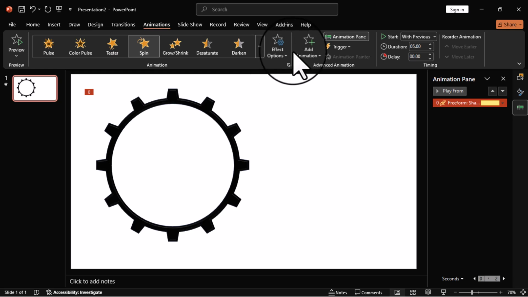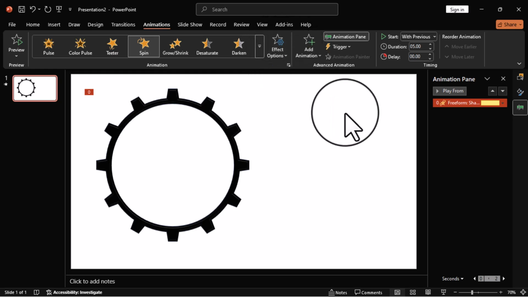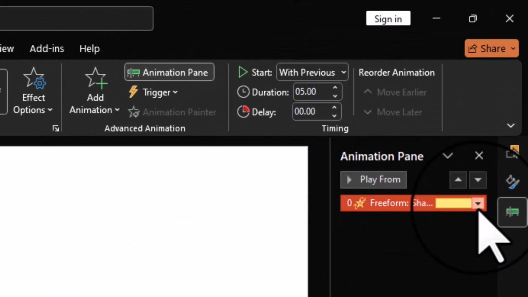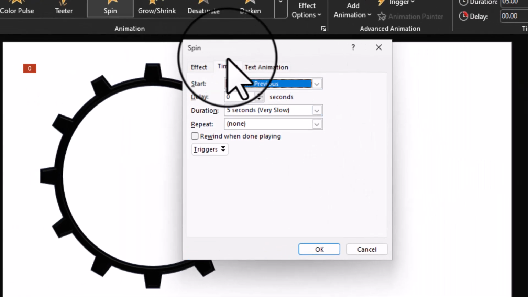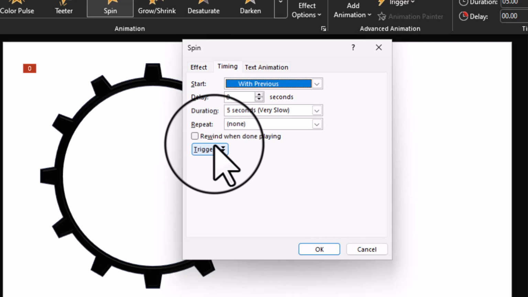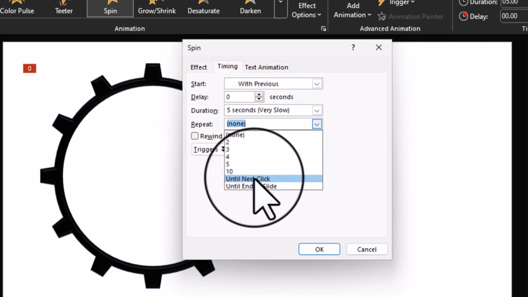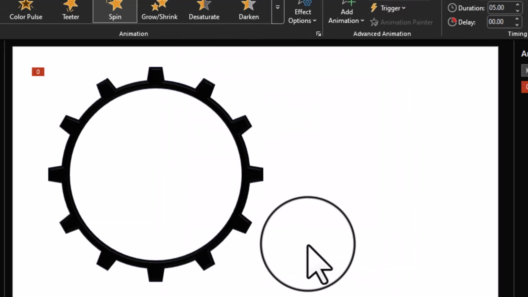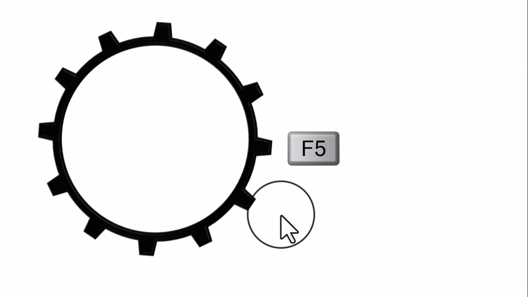Now we move to effect options and maintain the clockwise effect, and I'm going to choose this arrow beside this animation, click, move to timing, and then in this window, which is the spin window, we move to this option that says repeat, click and choose until next click and click on OK. Now when I move to the slideshow by pressing the F5 on the keyboard, you can see that this is